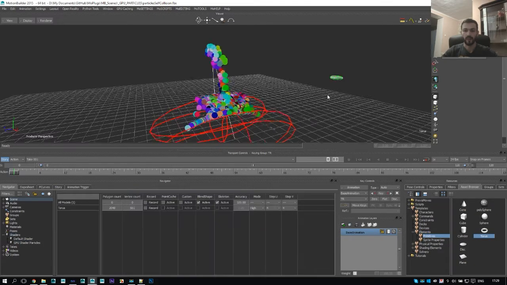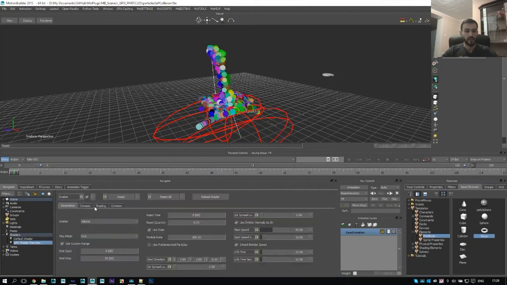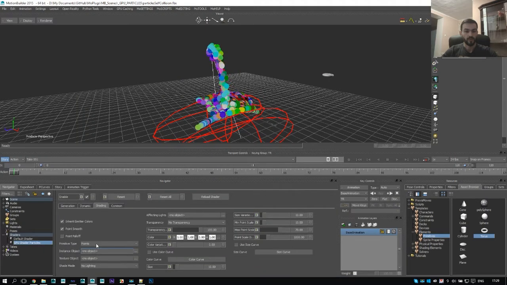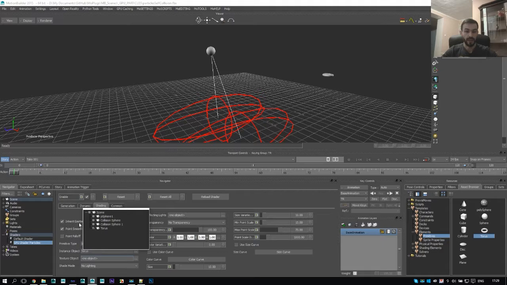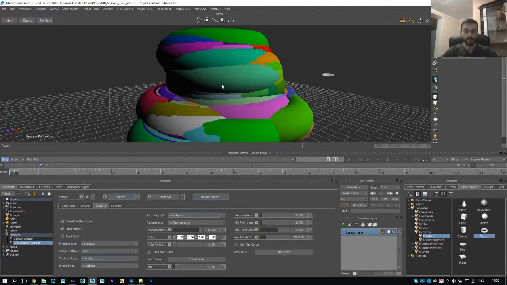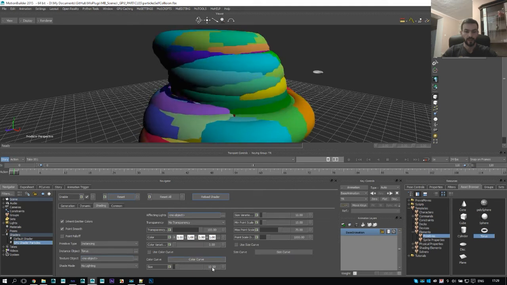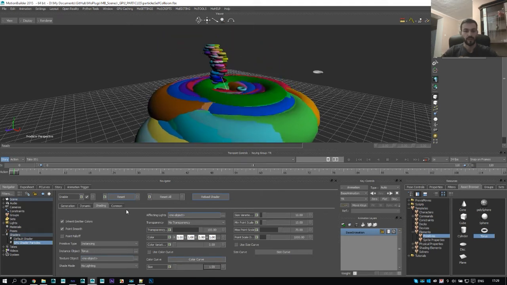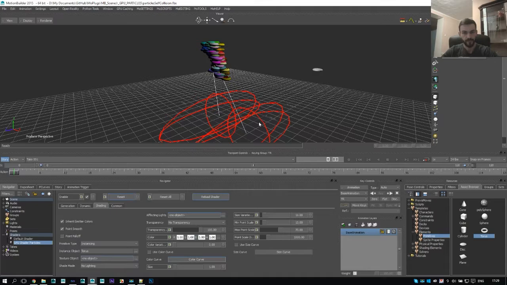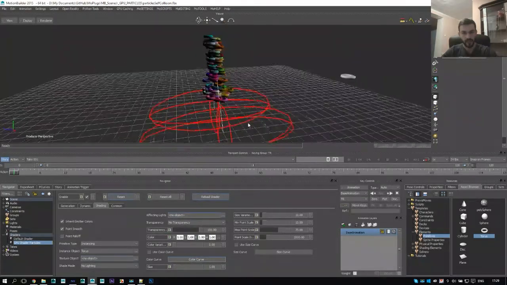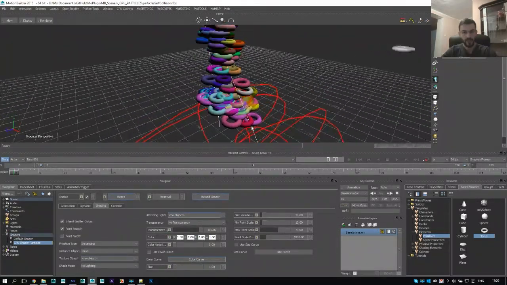Even very quickly, we could apply instancing. So we have this feature of instancing. If we go to the type of instancing, in the instance object we should assign any geometry that we would like to render the particle as. So this size is very big. We just make it a smaller size, and we will see that